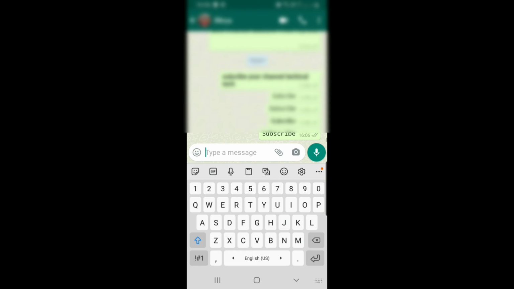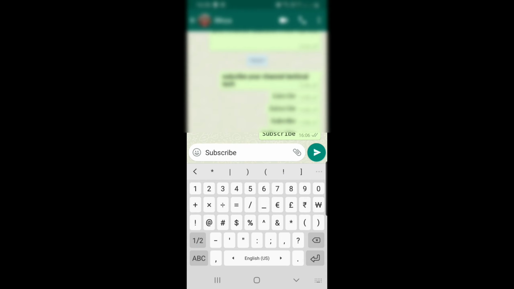If you do not have this three dots option either, then write it like this. As you can see, it has been done. We should not select this comma one over here on the upper side.